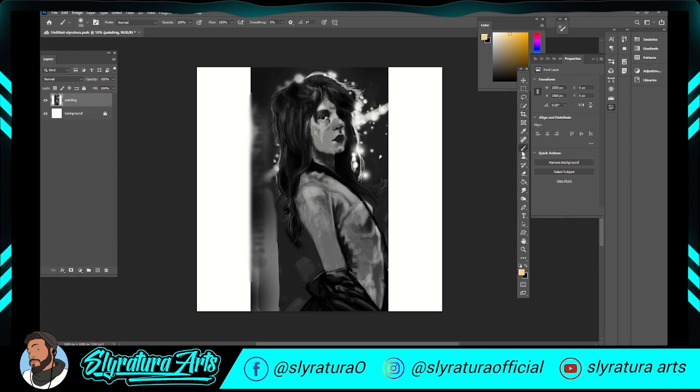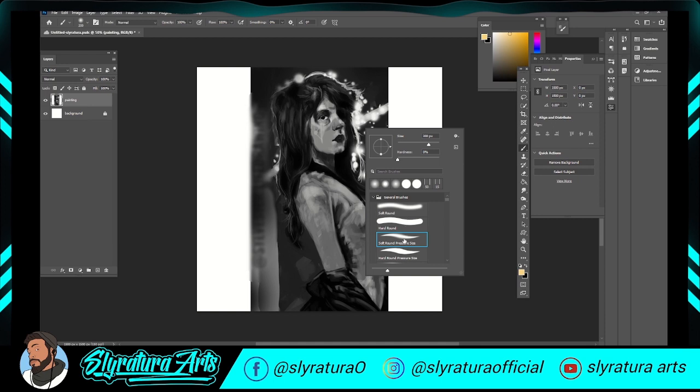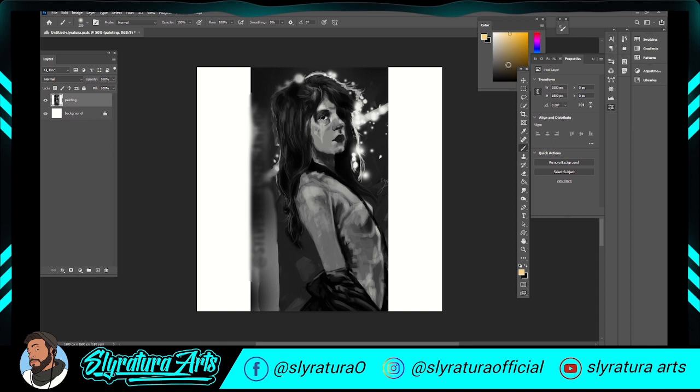I'm going to choose a very soft brush, like this one right here, or this one. This one has a pressure on it, so I want to use that one. Now, we're going to start with the skin. The skin, we can do like, and you can make it skin color, whatever you want,